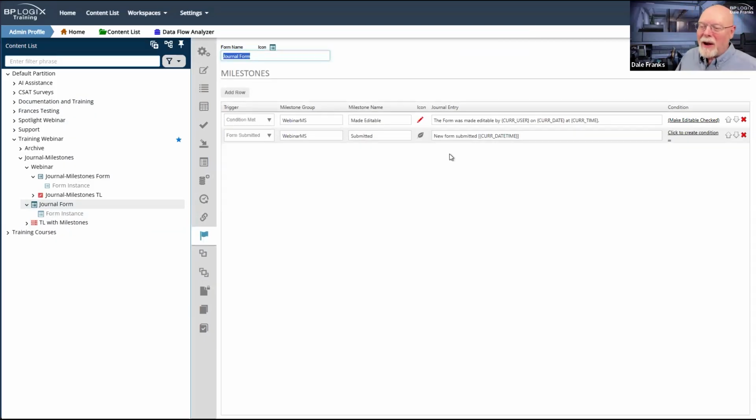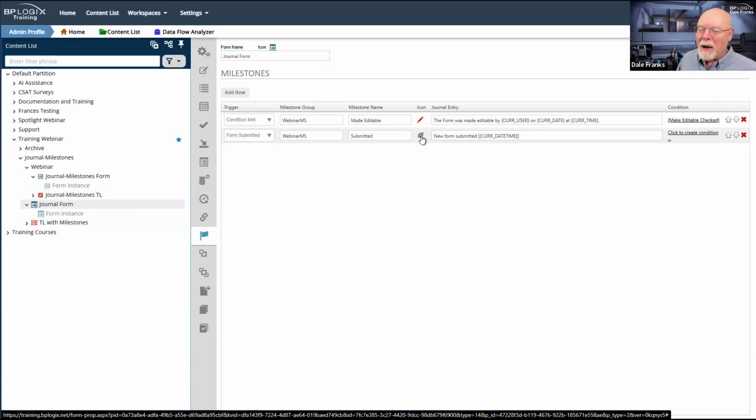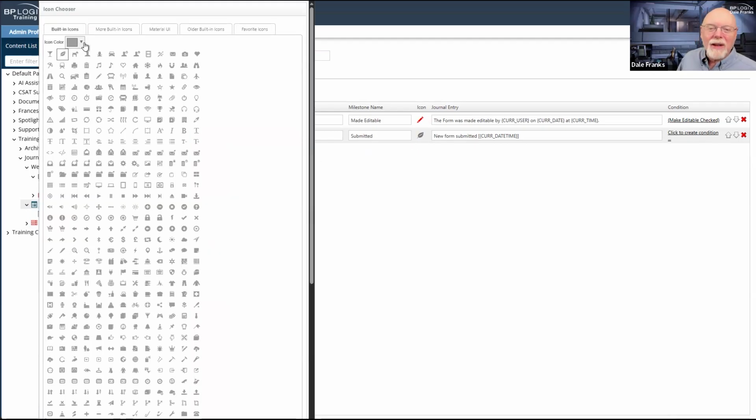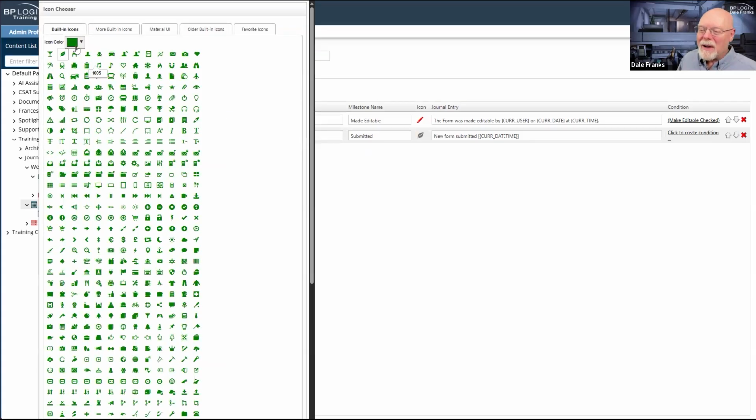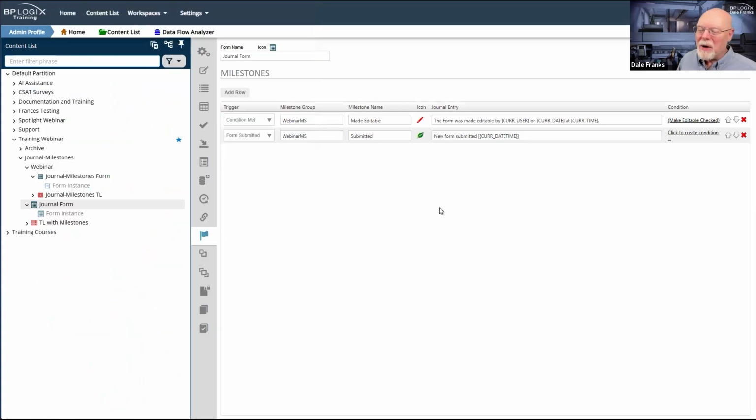So this is what I did. Whatever it was that I did on this form that didn't work, I don't know what I did wrong. But here is the actual form submitted, which, as we just saw, we know works. So we know that this form will be submitted. I know what I picked here. I picked the leaf because I should have turned it green, but it's a new form. We're turning over a new leaf. That's why I set it up here.